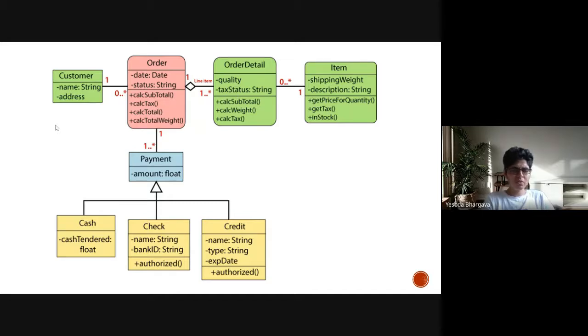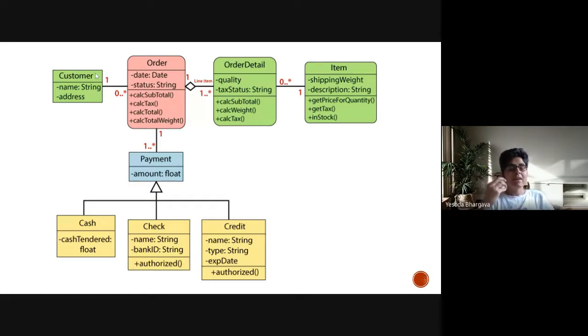It's just an extension of the previous diagram that you saw, but it has much more detail than the previous one. So here, in addition to the association, you can also see that the order has this aggregation sign, and so definitely the order contains order detail. So the order class will contain the order detail class, and that is why this aggregation relationship is shown. Similarly, you can say that a customer can have zero or many orders, whereas an order is associated with only one customer.